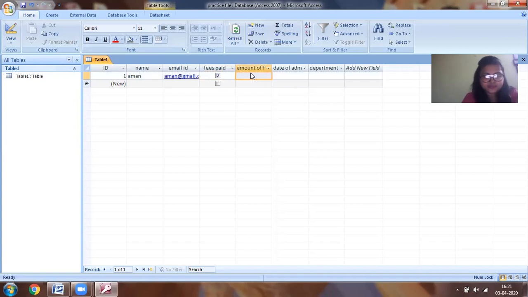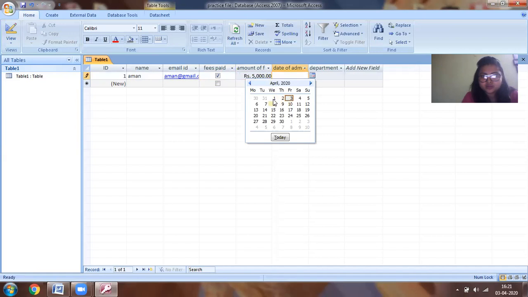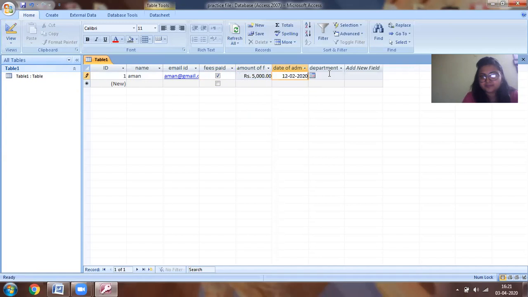Amount, probably 5,000. Date of admission could be anything, I'm just providing information. Department I have to choose, could be economics. Then the new one. My ID is already selected by the computer itself, 1, because I had done auto number. Similarly, I can put in other data and so on.